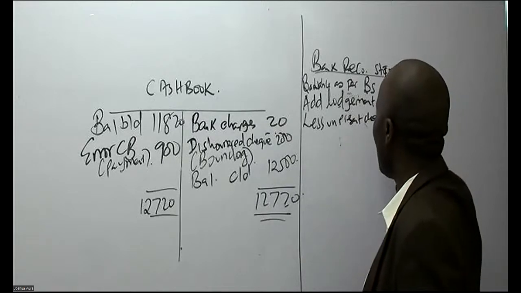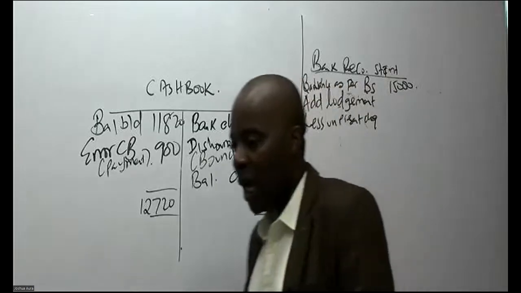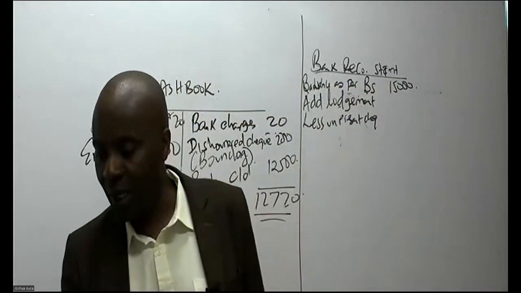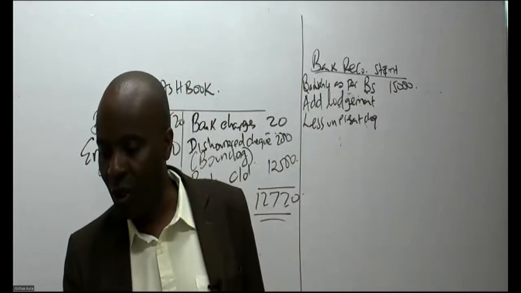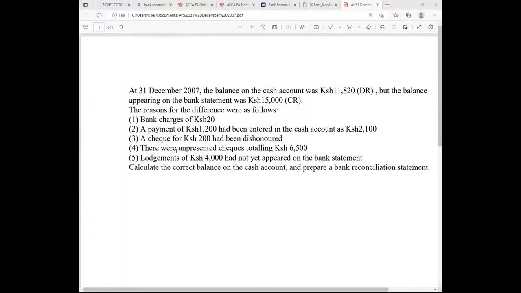Any unpresented checks here. So lodgements, have they given us lodgements, ladies and gentlemen? Let's check here. They've told us, note 5, lodgements were 4,000. And then unpresented checks that I'm subtracting here, from note number 4, was 6,500. So then could you kindly give me the balance